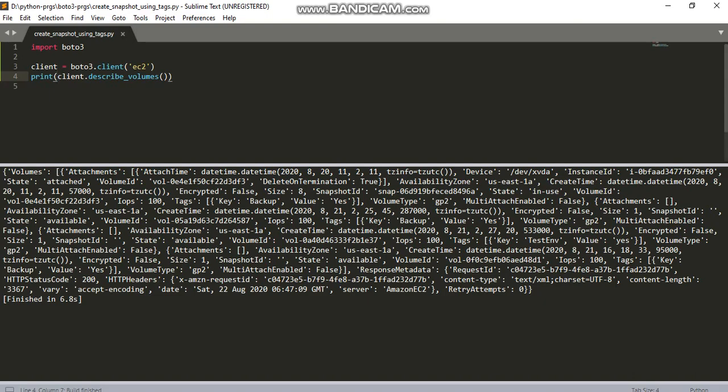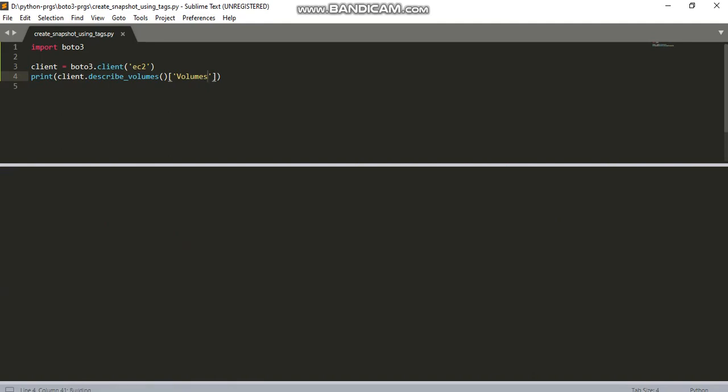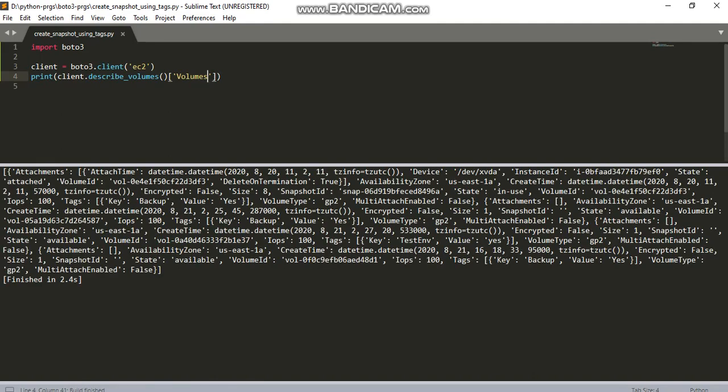Yes, this code will return a dictionary which has all the collections of volumes. From this, let me copy this key and call that from this print statement. So now save this again and execute it again. See, it will return a list of volume IDs for each and every volume.